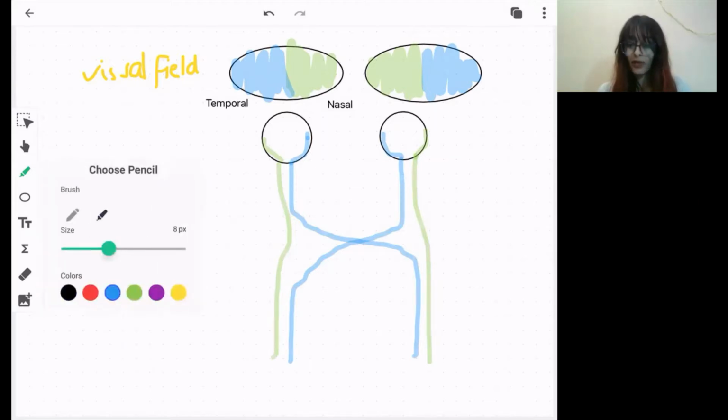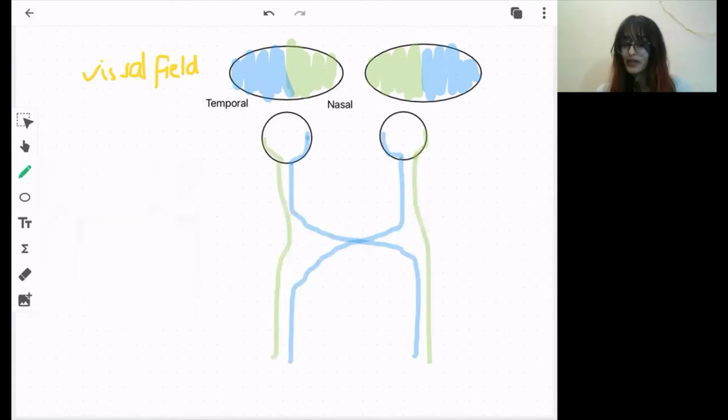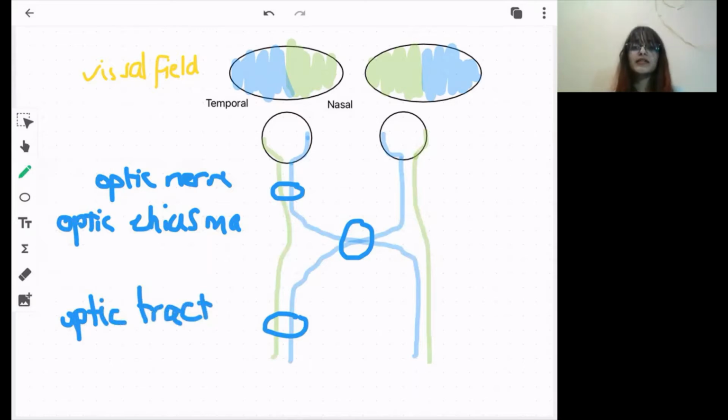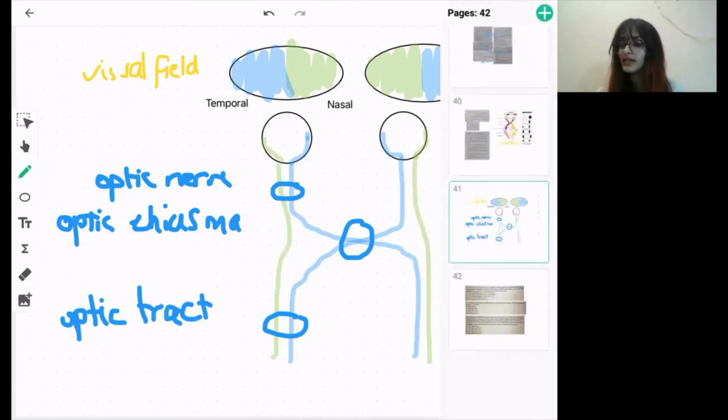Now let's also see what this would be called: your optic nerve. This and this area, the crisscross, what is it? Optic chiasma. Chiasma, the crisscross, the nerve fibers are going to the opposite side, and this would be called the optic tract. So this is your basic pathway and the basic terminology, and this is the only thing that you should know for CROG. Otherwise, it is a little more detailed.